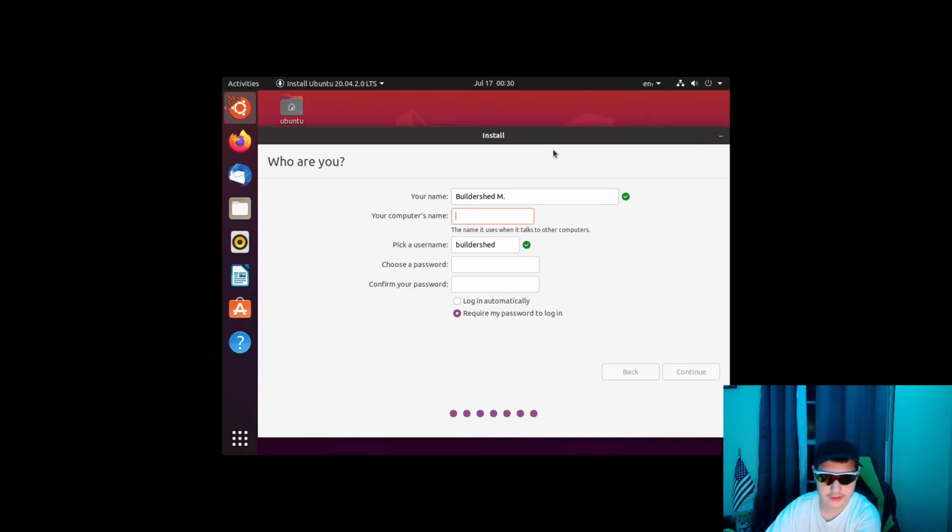Now I'm going to choose a computer name. If you want to screw with this in a more geeky Linux way, you can go in with Vim, typing sudo vim /etc/hostname, and do that yourself. It's not that hard, but again, that's daunting. I'm not going to show it off here. I'm going to get into the command line later, but in a different video. But overall, your computer name